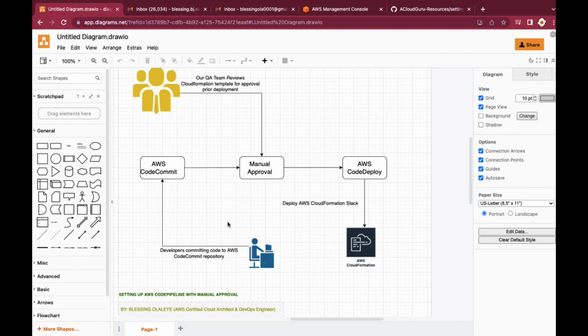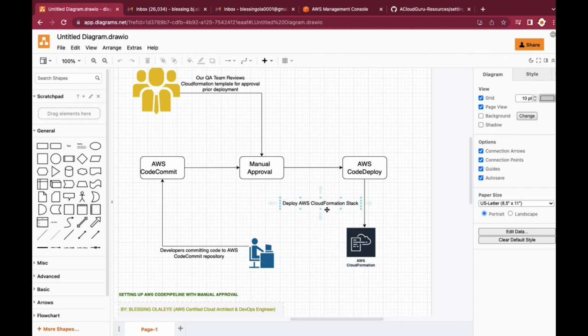That implies that whenever a developer makes a commit to our repository, we're going to put in place a manual approval that will notify the QA team, so they can have an approval on the pipeline prior to the deployment phase of the pipeline. So this particular pipeline is going to be deploying